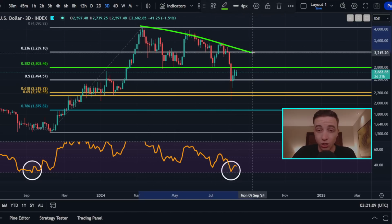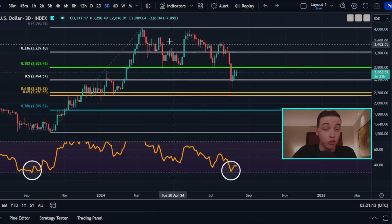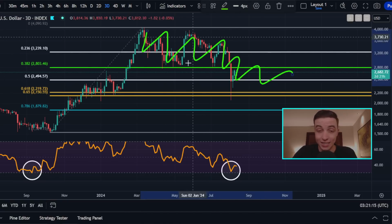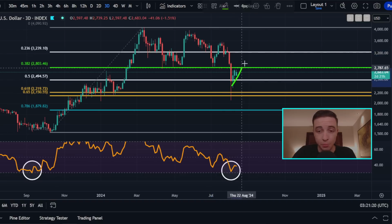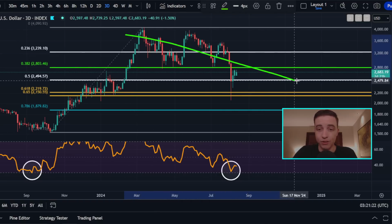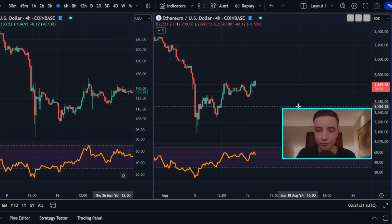If we're simply looking at the highs and the lows, technically we're seeing lower highs and lower lows, which is what a bearish trend is. And remember, during a bearish trend, we can see the occasional pump to the upside or bullish relief during a bearish trend. And if we're zooming into the shorter term, looking at the 4-hour time frame, of course, over the